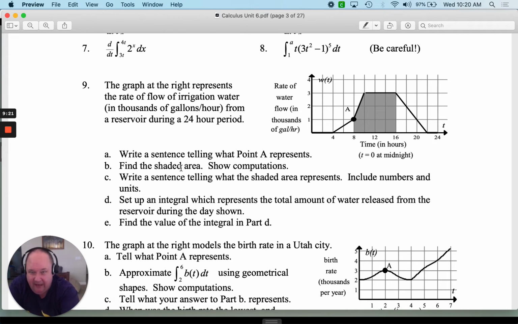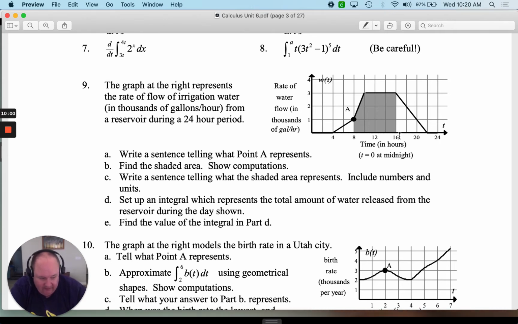9b, find the area of the shaded part. When I look at the shaded part, you could break this down into different shapes. It's up to you how you want to do it. I see a big rectangle in the middle. Just be careful of the units. The height of this rectangle is 3,000. Can you be careful about that? So I'm going to do a rectangle here. The height is 3,000, and the width is hours. How many hours is the width? It goes from 10 to 16. That's 6. So 3,000 times 6